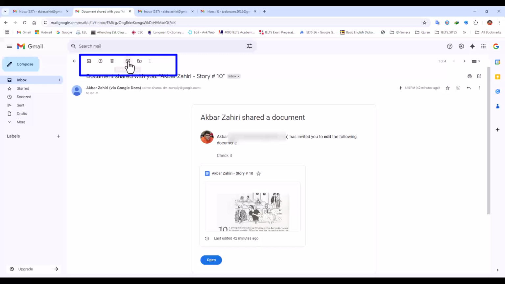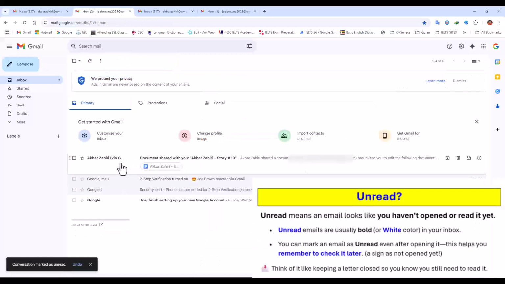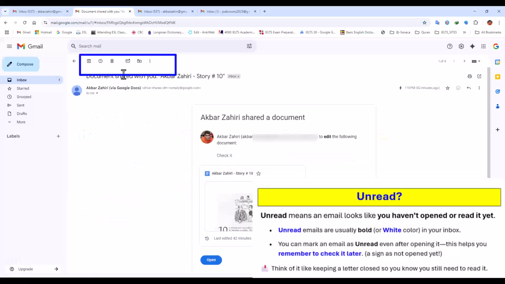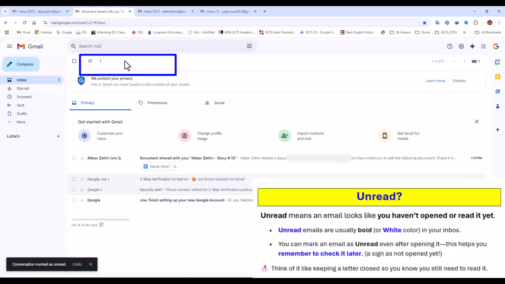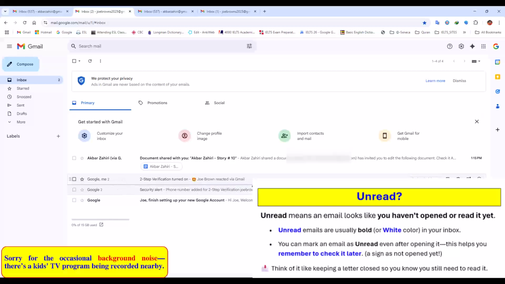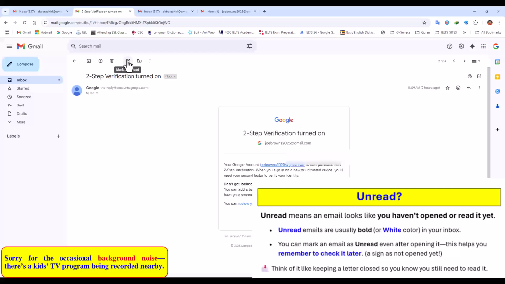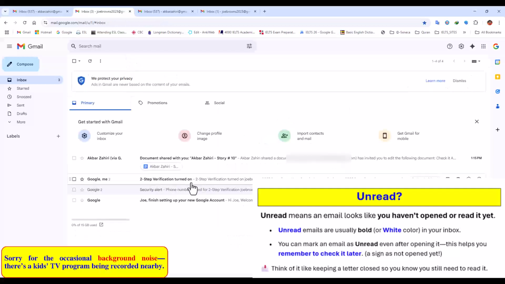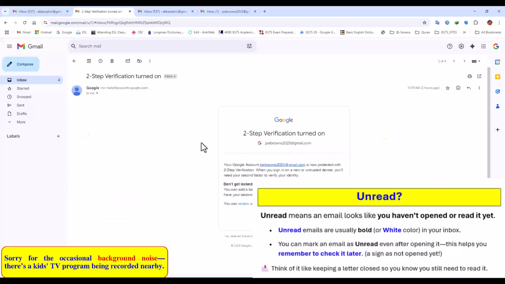So easily, as you learned, you can archive the file, report spam, delete it, and also make it unread. When I have read it, I may want to have it unread, because later it is important and I want to read it again. As you saw, I can click here and make it unread. When it is unread, it is white color. For example, this one, as you see, is gray color. It shows that I have read it. But it is very important for me later. I can open it and click on mark as unread, and when I come here it shows that I haven't read it, and then I can click and read it.